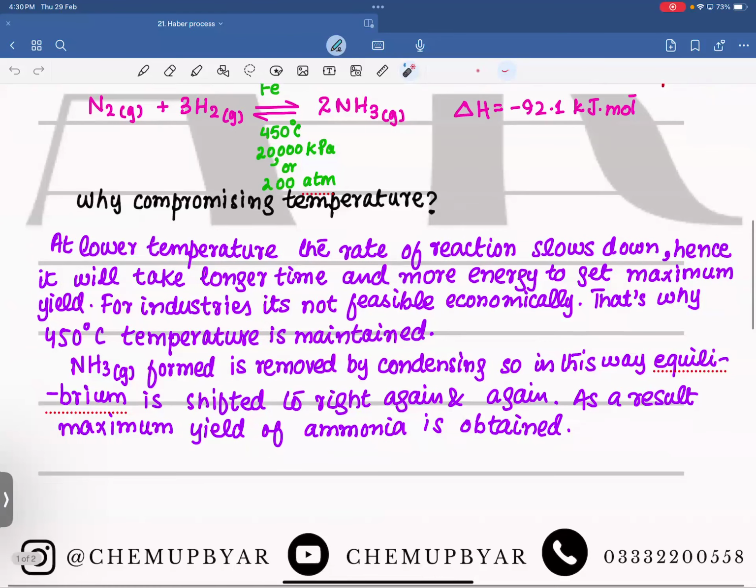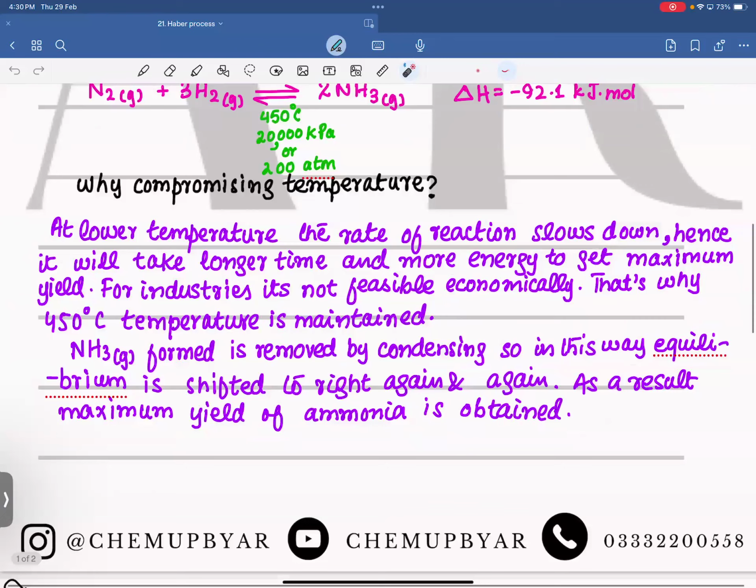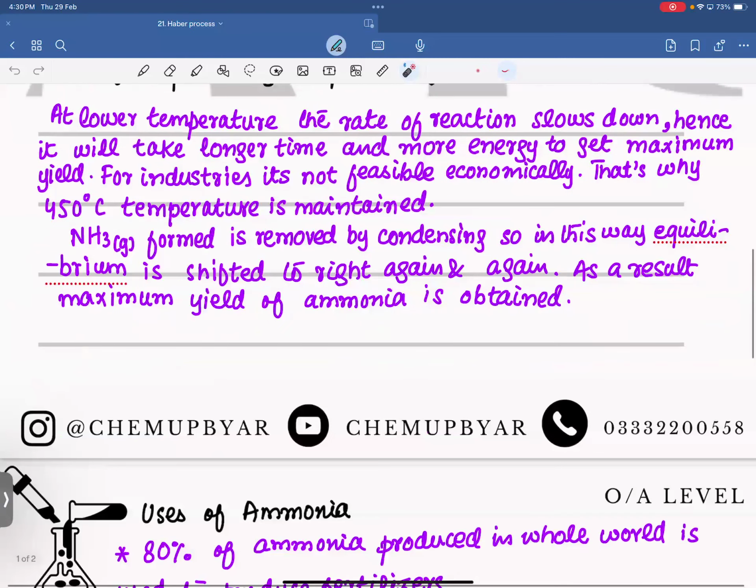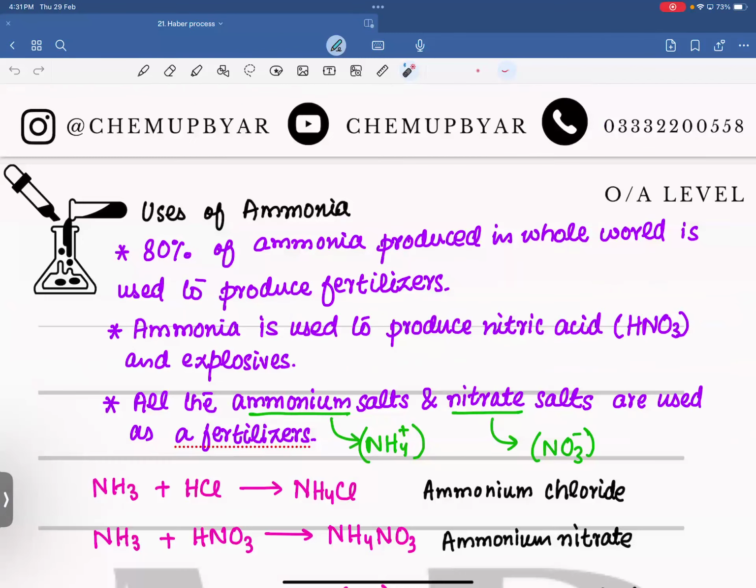Okay. Now in almost the whole world, almost 80% of the ammonia is used to make fertilizers. Ammonia is further used to prepare nitric acid and explosives. Further, you must remember that all the salts which contain ammonium ions and nitrate ions, any salt or compound having either one of these ions, are